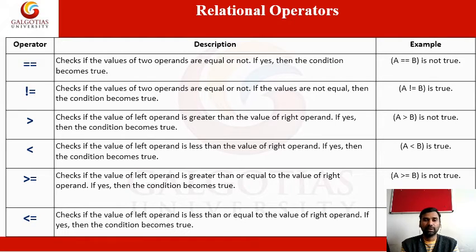Likewise, this is greater than or equal. What does this condition mean? It is not and, it is or. So either both are equal or lesser value. Same way here, both are equal or greater value. So these are the two operations. This is the main relation. Now you can understand equal and unequal, greater than, less than, less than or equal to, greater than or equal to. So these are the relational operators.